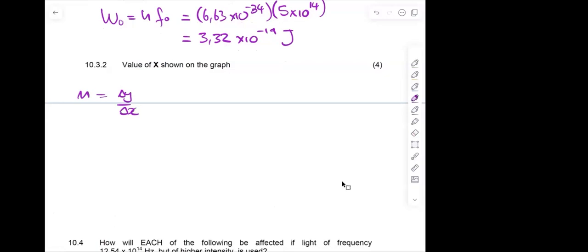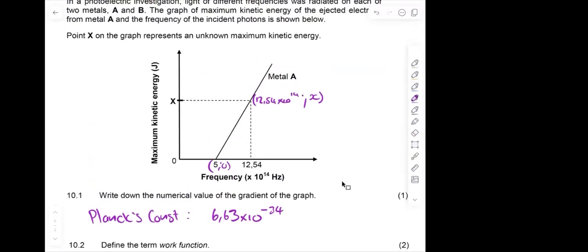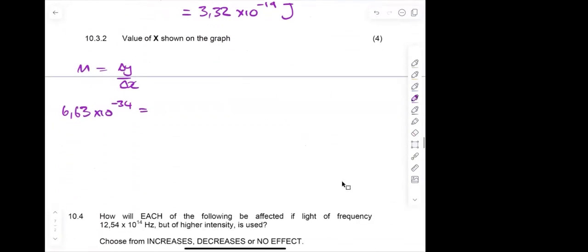Let's quickly have a look at that. So our change in Y, our gradient we were given as Planck's constant, 6.63 times 10 to the power of negative 34. Our change in Y is Y final minus Y initial. Our Y final is going to be this X value here, and our Y initial is going to be the y value of the initial point here, which is just 0, right? So I know that change in y is going to be